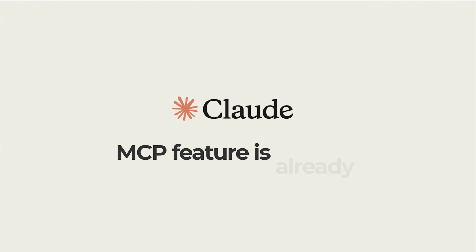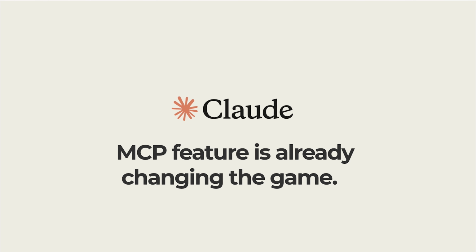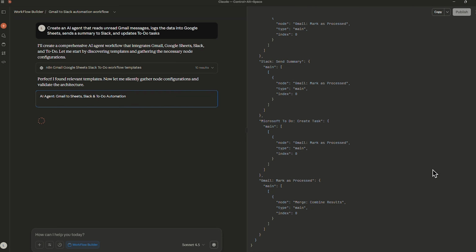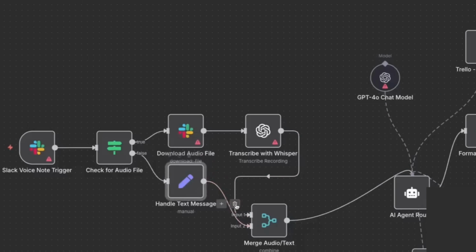Claude's MCP feature is already changing the game. Imagine generating complete AI workflows and agents from a single prompt. No hours of mapping, no guesswork. Today, I'm going to show you how to take a simple prompt and turn it into a fully structured workflow